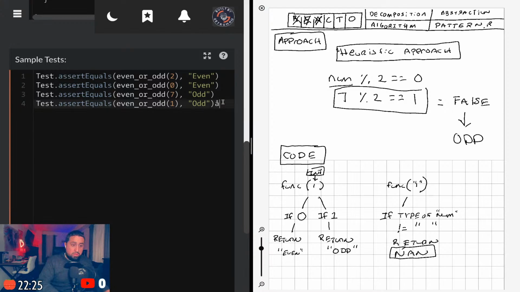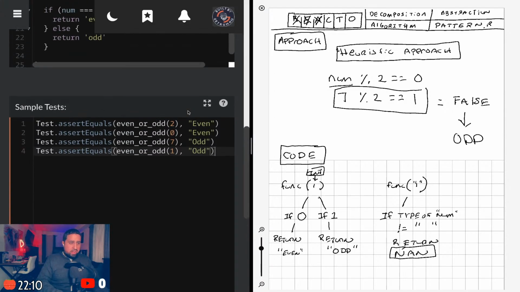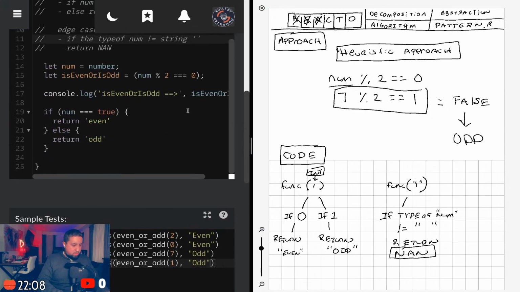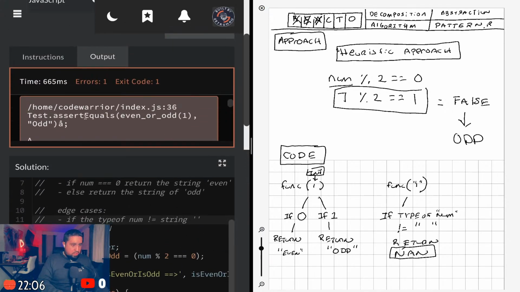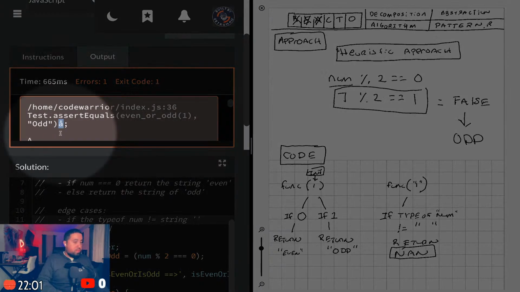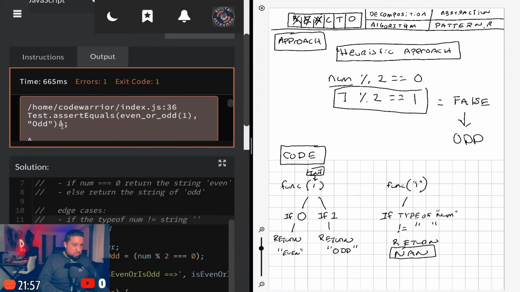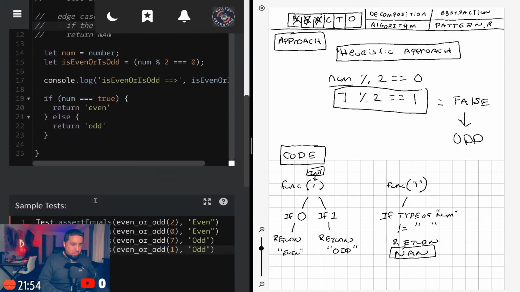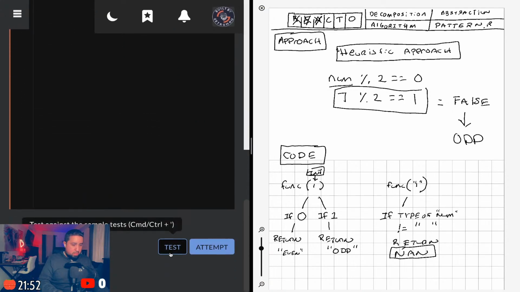Remember in the video before this, if you see my intro to CodeWars, I mentioned to you, do not touch the sample test. Don't write anything in it. Don't alter it because it's gonna mess you up. Here's a perfect example. For some reason, I think I hit a key of some sort and it just inserted that character in there. So it wasn't reading it. And in the test right here, it gave me this weird character. I'm like, what's this? Why is that there? So basically a weird bug that came out of nowhere.